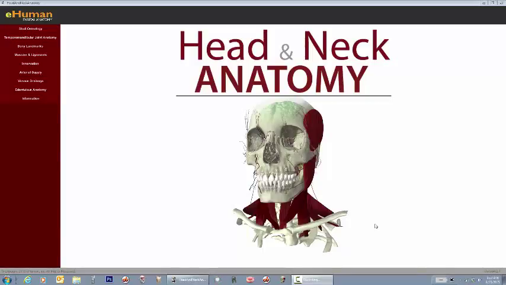The Head and Neck Anatomy program from eHuman is a program that can enhance the learning of any student who is studying head and neck anatomy, as well as professionals who are reviewing this complex area of anatomy. It is also an excellent resource for those who are teaching head and neck anatomy, as there are a plethora of exceptional 3D resources that can be used in class to illustrate anatomy and help students visualize the relationships of